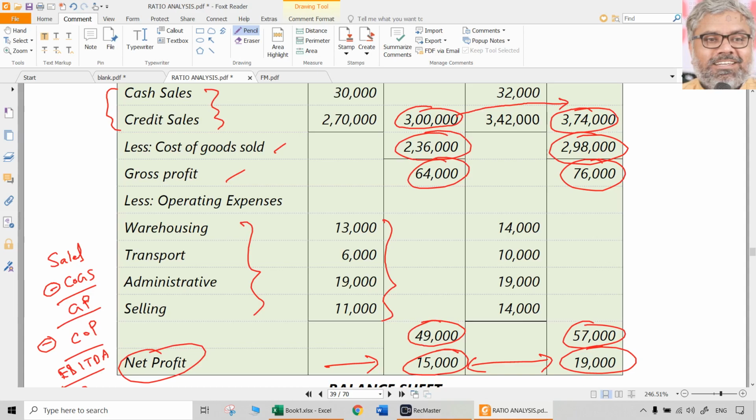So how much is the percentage increase, if you want to see that? Sales percentage increase. How to get any percentage? New divided by old minus 1. Don't do any big calculations, not required. What is new here? 374. Old is 300. Minus 1. Multiply with 100, you will get the percentage change. 374 divided by 300 minus 1 multiplied with 100 means around 24.6%, approximately a 25% increase in sales.